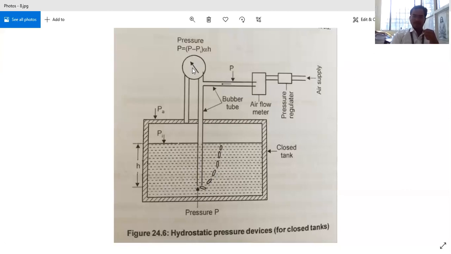By using the hydrostatic law, the calibrated value recorded here is